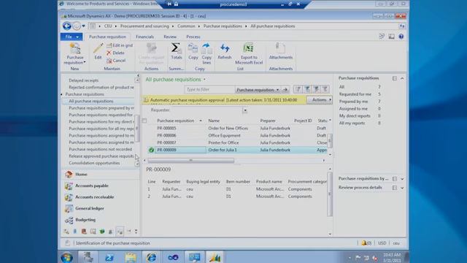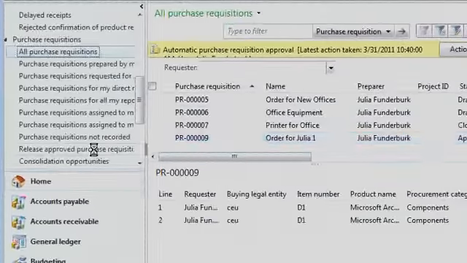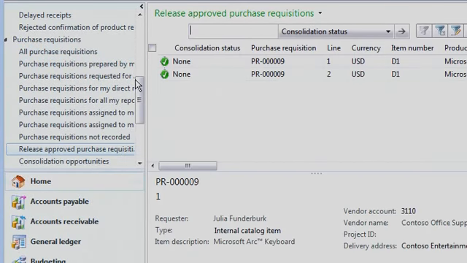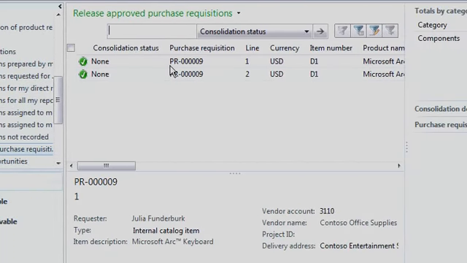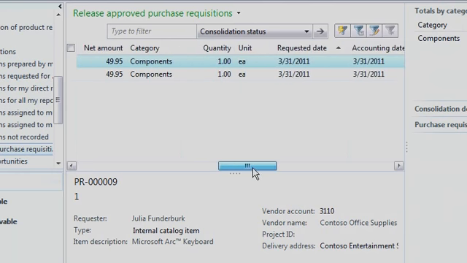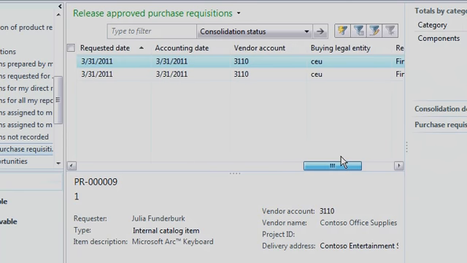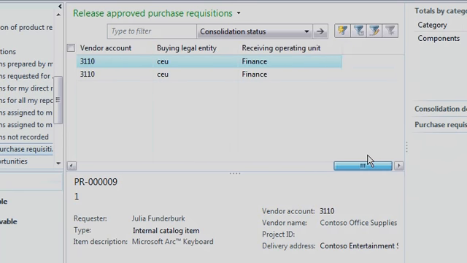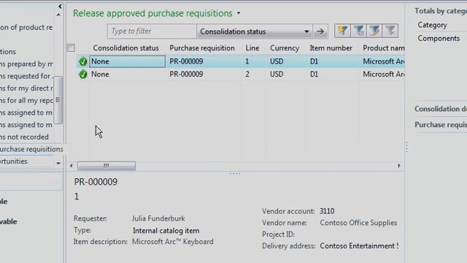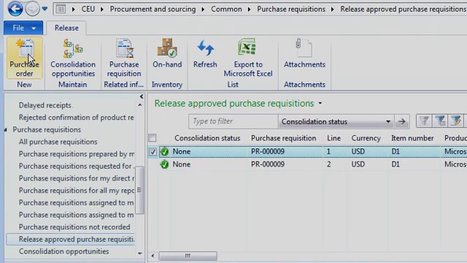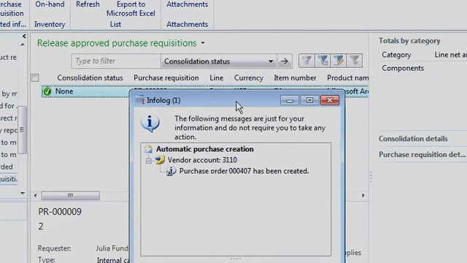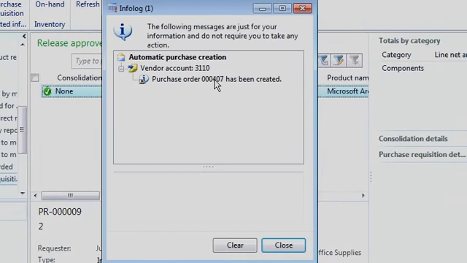So we now go to the Release Approved Purchase Requisitions form, and now we see a list of requisition lines that are ready to be moved to a purchase order. So we can take a look at those lines, see that they are now ready to go, see the information for each line, and independently create a purchase order. So this first line can be selected. The purchasing agent can then simply say, create a new purchase order, and shortly thereafter a purchase order will be created. So as you can see now, we get a message that that purchase order, number 407, has been created